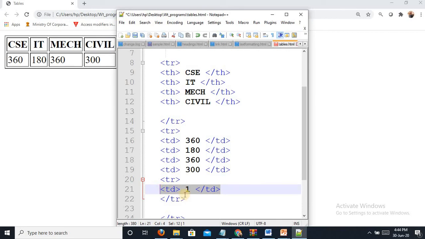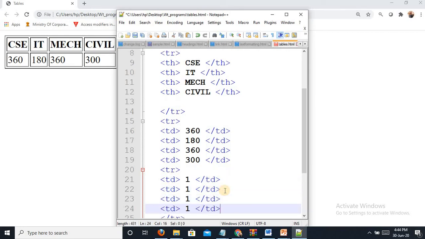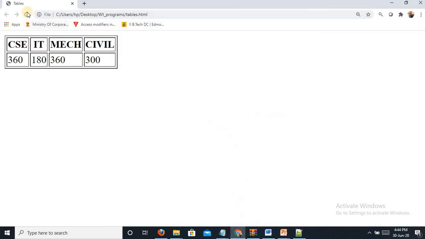I am copying the cells, 3, 4. I am saving it and refreshing. So it came as 1, 2, 3, 4. So it is simple. Creating a table is so simple.